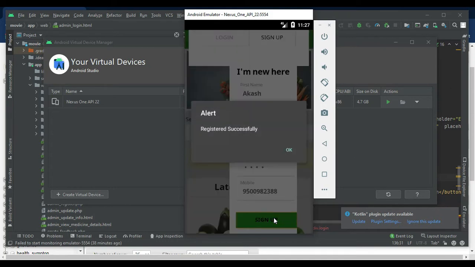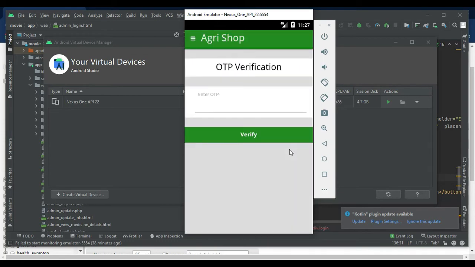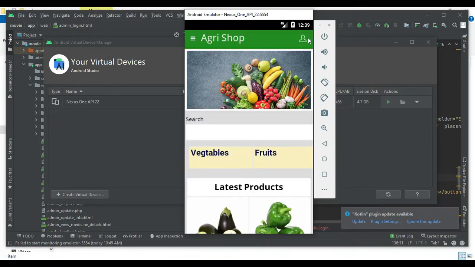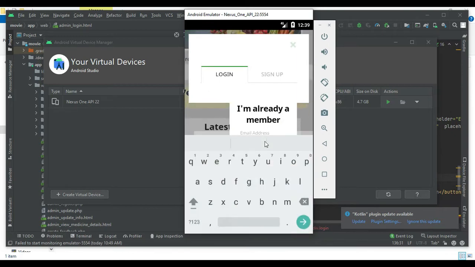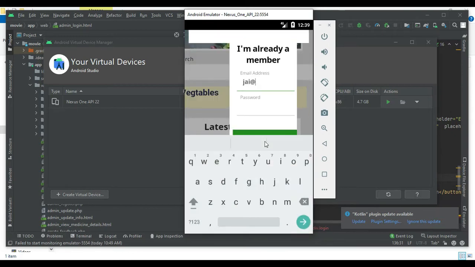It is registered successfully. So now you will get an OTP verification in the mobile app. Once you do the OTP verification, now you can do the user login. It's login successful.